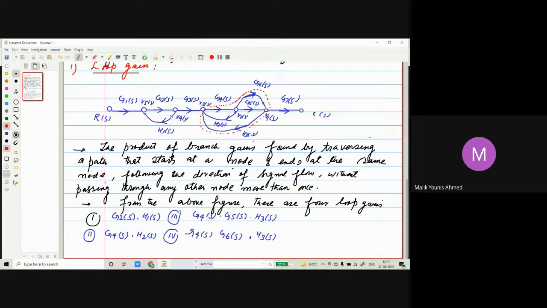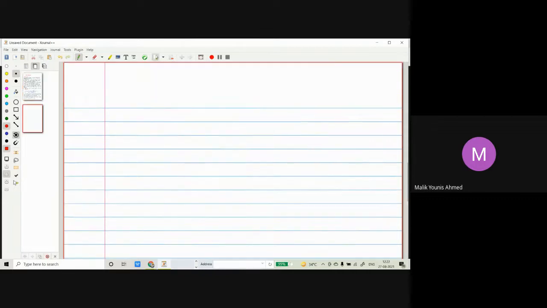Okay, and again back to this point. So we are starting at the same node, starting from a node in the direction of the signal flow graph, exiting at the same node without encountering any node more than once. So we're following all the points of the loop gain. I hope this is clear. Next. Okay, next point is